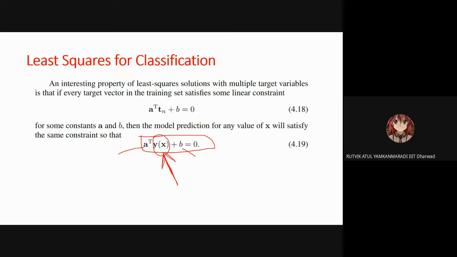It is an accurate prediction. No, you can't say that it is an accurate prediction. It means that the sum of all predictions will always be 1, right? Can you make it out here? Because when you transpose anything with a vector of 1, you are adding all the components. So when you add all the components and subtract B, which is -1, as I just told you from here, it means the sum of all the predictions is always 1. Is this making sense now?